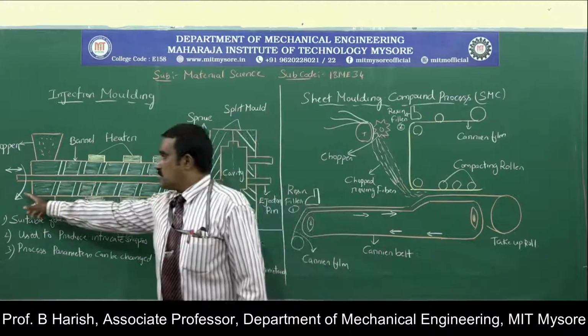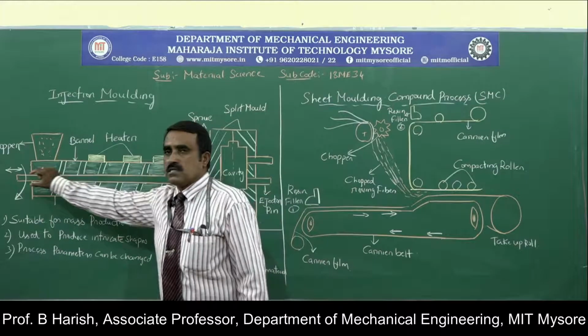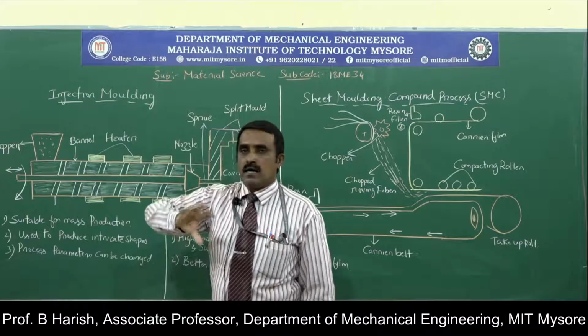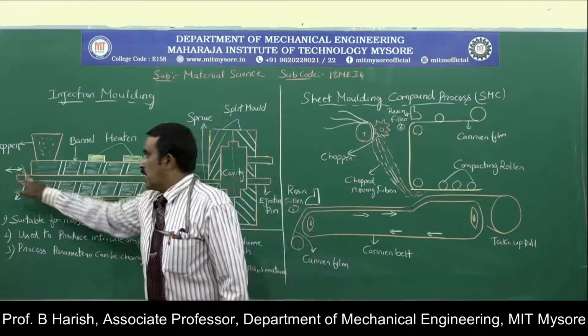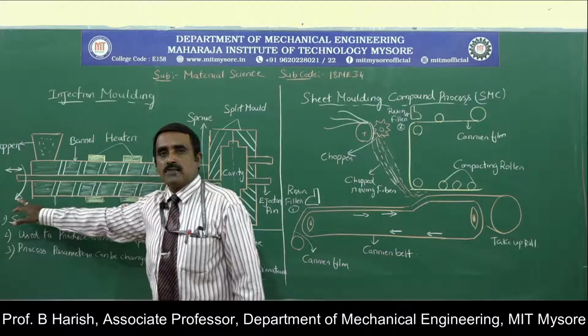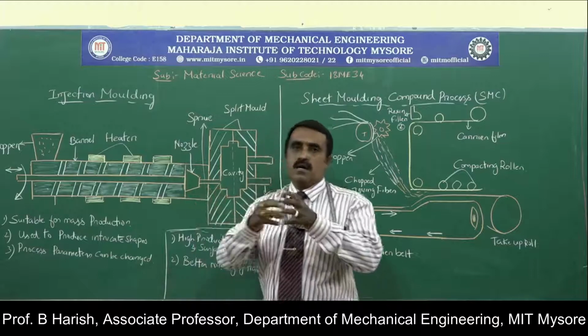Now here you can observe direction. This barrel, which has got this long projection that is outside, can be rotated and it can be moved in and out. So two directions you can observe. This is the direction of rotation, and this is the direction of moving in and out of this body's barrel.